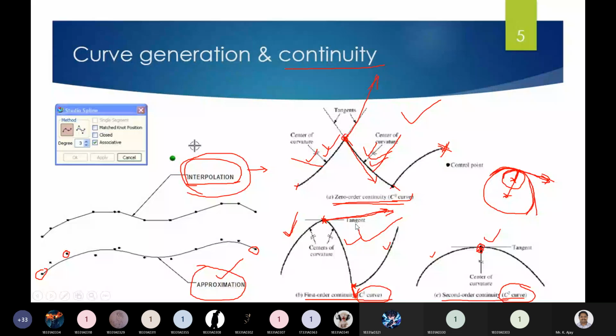So these are the basic continuities which are sufficient for most of the synthetic curves. But in particular or special synthetic curves, they may need to go for higher order continuities as well. But otherwise, this C2 level is more than sufficient. That is the reason cubic curves